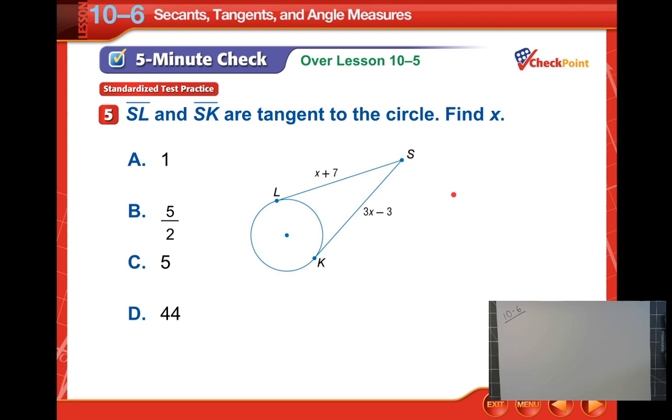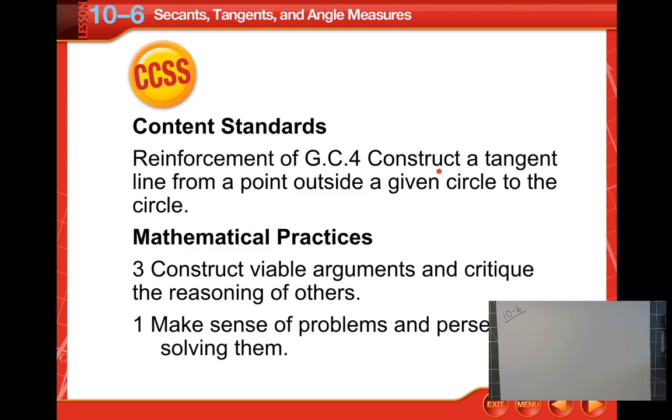A problem like this, we have a circle and two tangents, S to L and S to K. Since these are tangents coming from the same point, we know 3x minus 3 and x plus 7 should be the same length. So we'll set them equal to each other, solve it, and we should get 5. 5 plus 7 is 12. 5 times 3 is 15 minus 3, it is also 12. They should be the same length. That's what we're solving for. So what we're going to do today is talk about